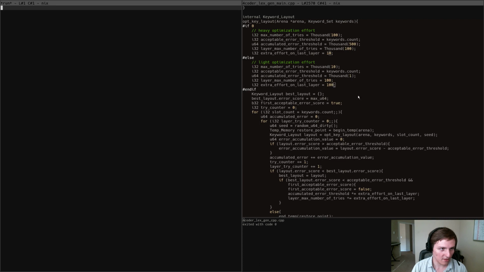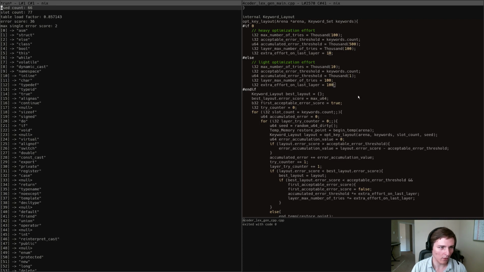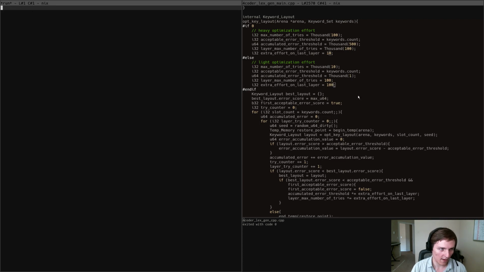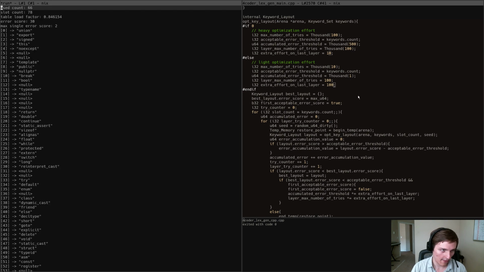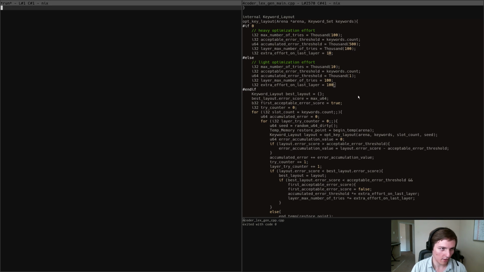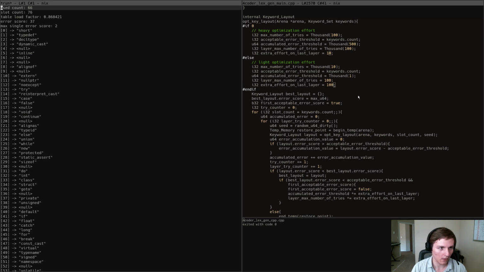We're essentially saying on the smallest layer that you found that succeeded, spend extra effort, and that smallest layer was already a hard one to optimize, so it might just be that even with extra effort you never find it. I don't know. 39, 30, 33, 33, 33, 35, 40 again, 34,